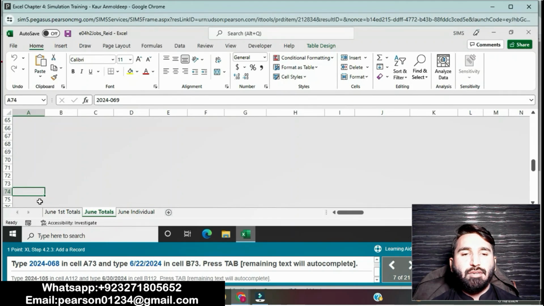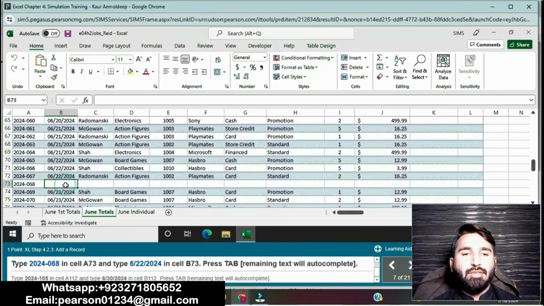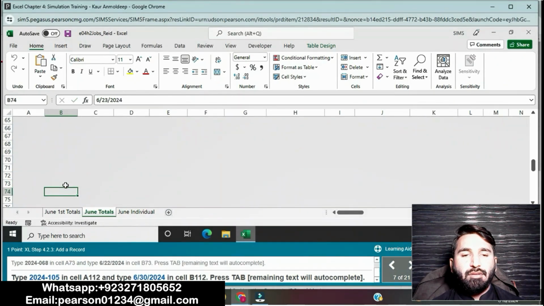Okay, select this data in cell A70. Click on cell A70 and type 2024-068. Okay, B73 is done.